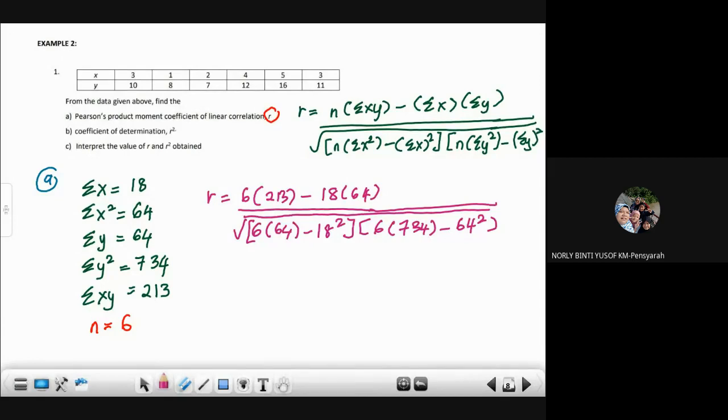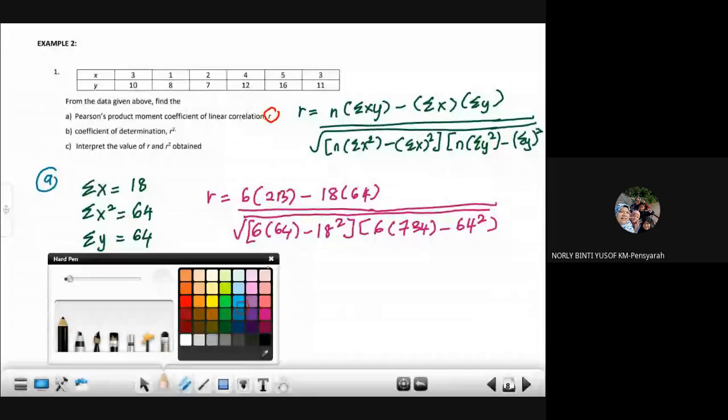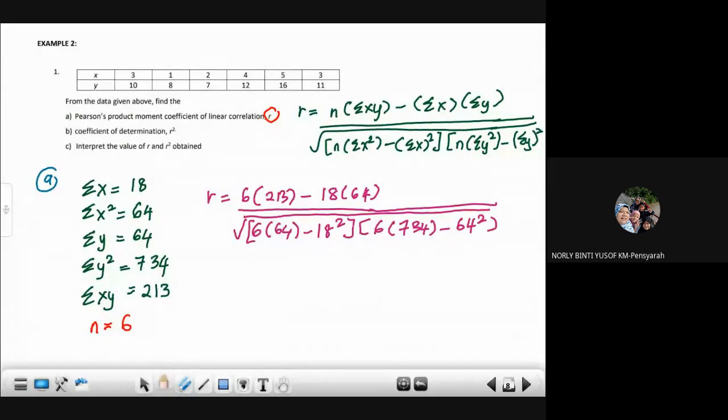Dan dia panjang lah dia punya square root tu kan sebab dia punya denominator tu ada 2 nilai yang you kena darabkan. Okay, sama this one you can put in your scientific calculator. Masukkan kan, orang nak kira satu-satu pun takes time kan. So better lah masukkan terus denominator and numerator dan fixkan calculator you dalam 4 decimal places. Kalau tak nanti jawapan dah akan penuh calculator. So make sure your answer is in 4 decimal places. Fixkanlah number format tu kan. So you akan dapat